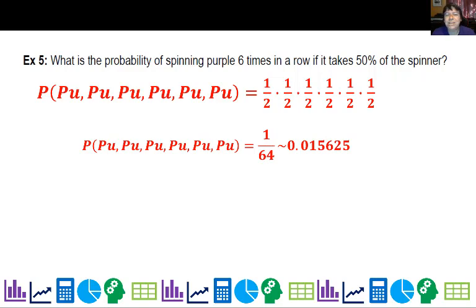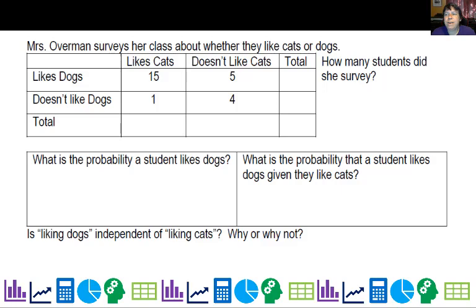All right, now let's go ahead and look at a case. These were all independent because the first event did not affect the second. All right. So let's go ahead and take a look at our survey about people who like cats or dogs. So first of all, we're going to start with the very simple probability of just one person. So we're not getting into compound events yet. So I surveyed my class and I had 15 students who like cats and like dogs. I have 5 students who like dogs but don't like cats. 1 student who doesn't like dogs but does like cats, and 4 students who don't like cats.